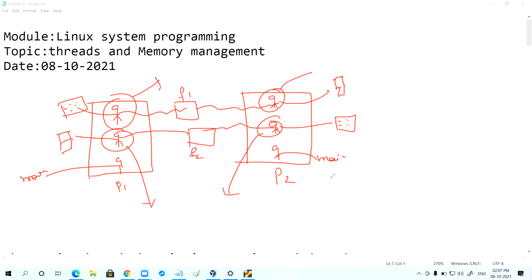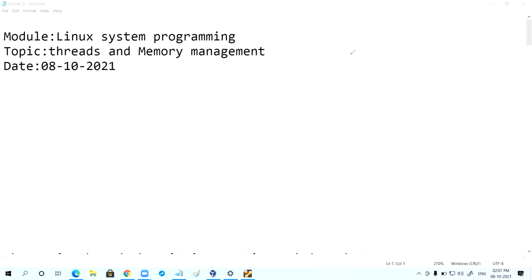So today's discussion will be thread synchronization using mutex. Again, I'll read the statement here: thread synchronization using mutex.